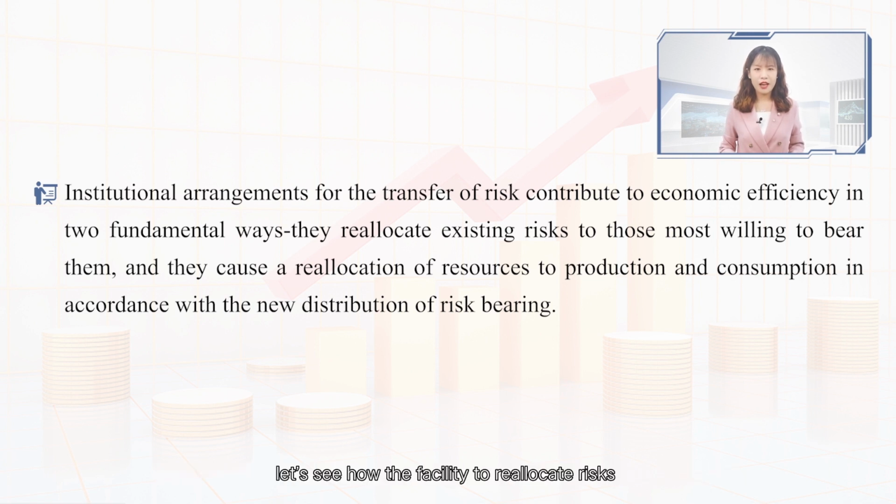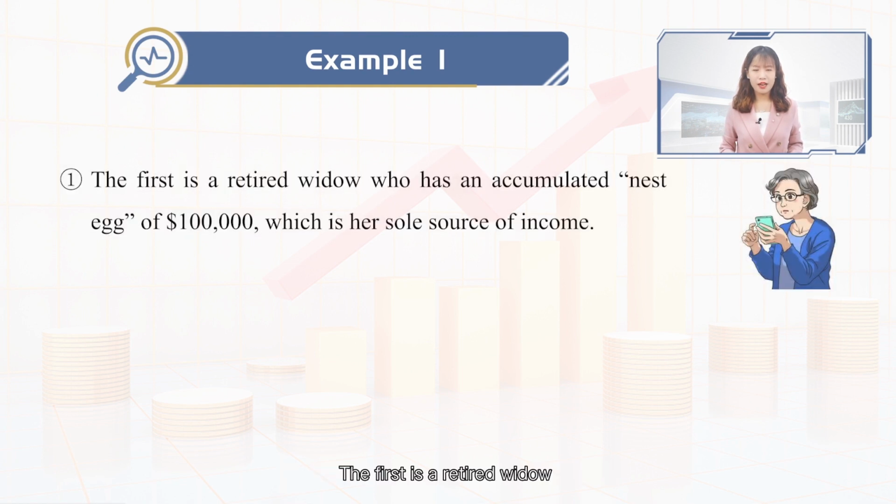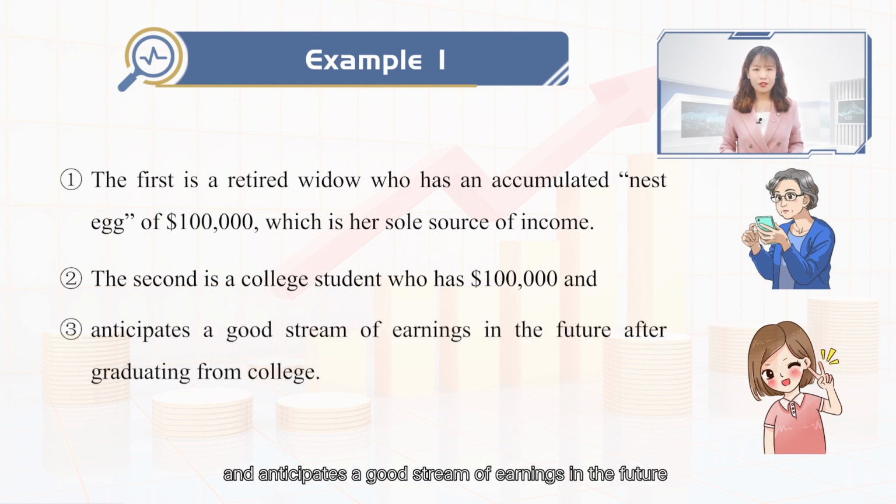First, let's see how the facility to reallocate risks among people can make everyone better off, or the efficient bearing of existing risks. Consider the hypothetical case of two investors in very different economic circumstances. The first is a retired widow who has an accumulated nest egg of $100,000, which is her sole source of income. The second is a college student who has $100,000 and anticipates a good stream of earnings in the future